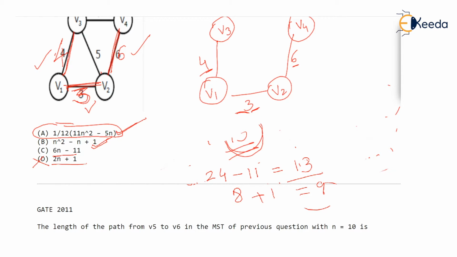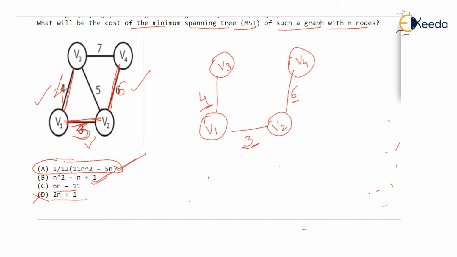So what you should do, first when you check for 4 vertices, believe me, this is not going to take a lot of time during the GATE exam, because constructing a minimum cost spanning tree by selecting minimum edges is done in no time, few seconds, and then you find out 10 plus 3 is 13, and then replace these formulas and see all are valid, isn't it? A, B, and C are valid. D is obviously not valid.